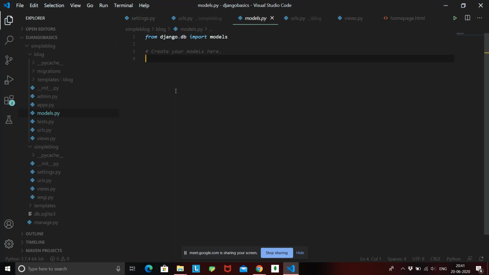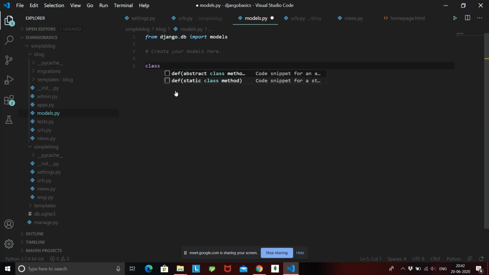So how can we create a model? I told you that models are just Python classes, and a class in Python is written with a keyword called class. The keyword class tells that you are writing a class, and then this class will have a name. Let's give it the name blogs, and it is going to inherit from models.Model.